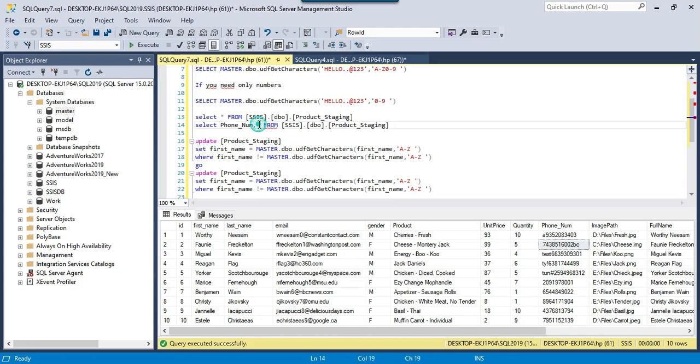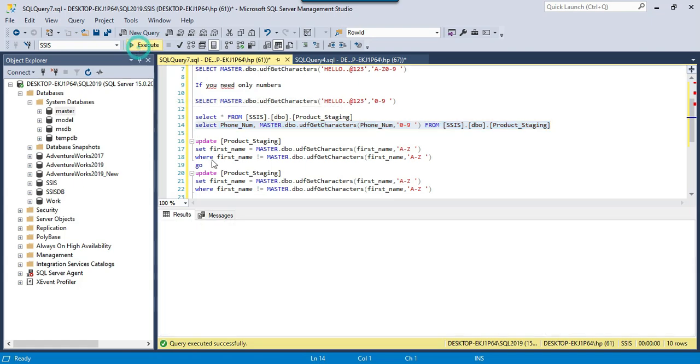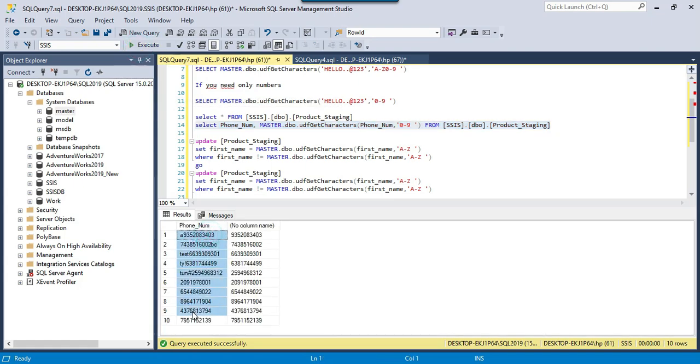So I can copy, for example, this line, and then I can replace the first name with the phone number, and instead of A to Z I need only the 0 to 9. Okay, and if I execute this query, this is the original data with the special characters and the alphabets, and this will be the new data after removing all the special characters and alphabets. This value seems good to me. So you can run a select query first,